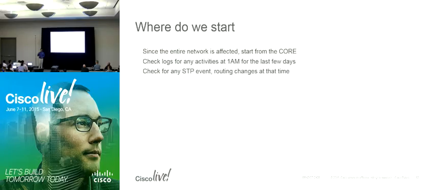Yeah. So the question is, where do you start? I would start at the common point of failure, which is most either the distribution layer or the core layer. Because every single traffic has to go through the core and then come from core down towards access. So check from the core, check what exactly, since the event happened earlier that night at 1 a.m.,